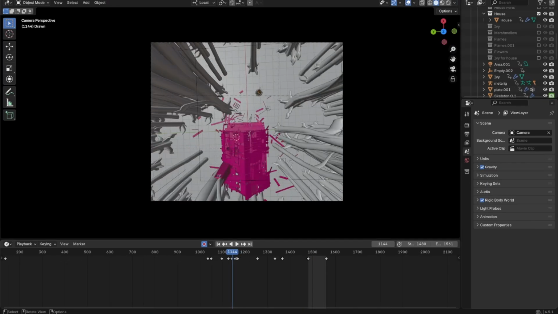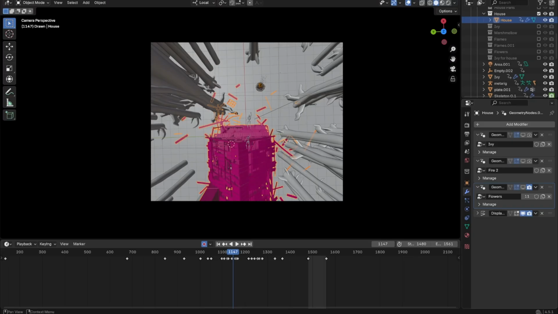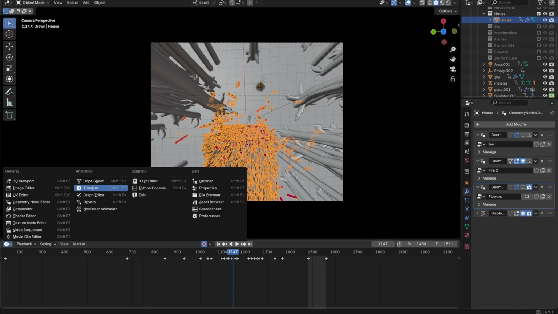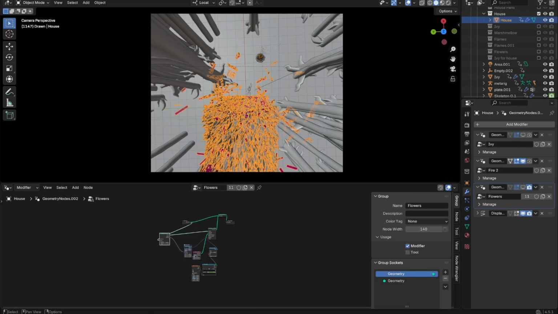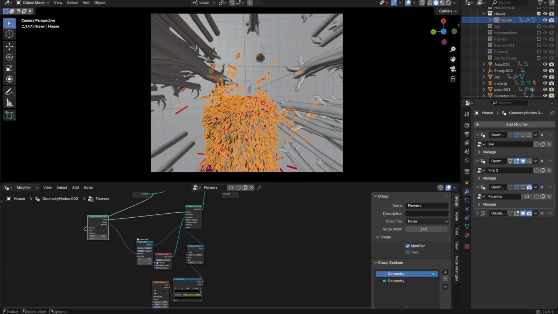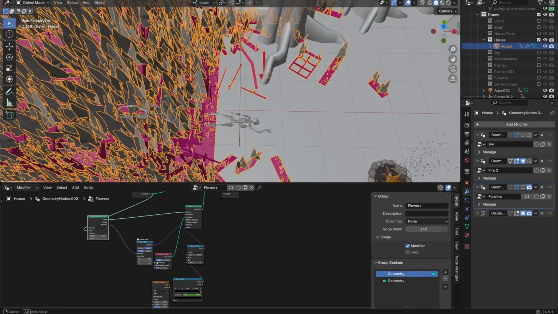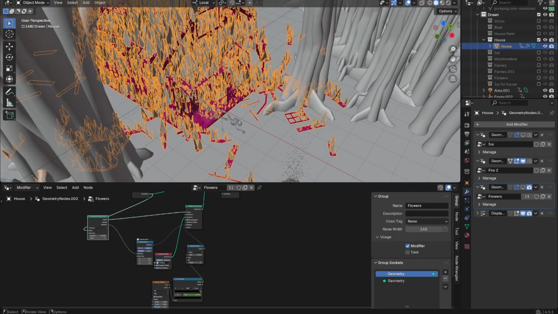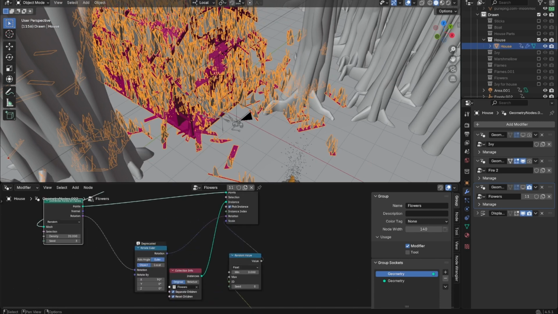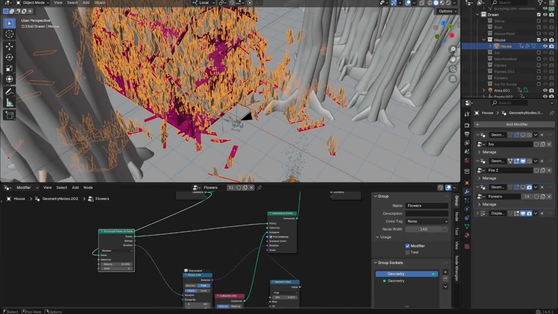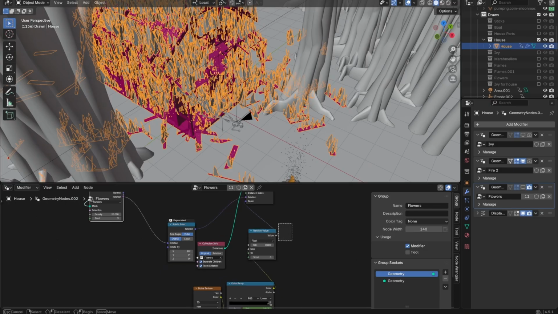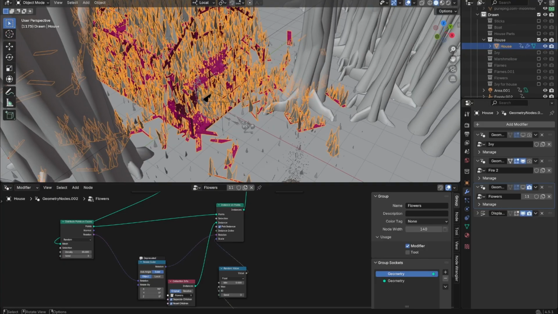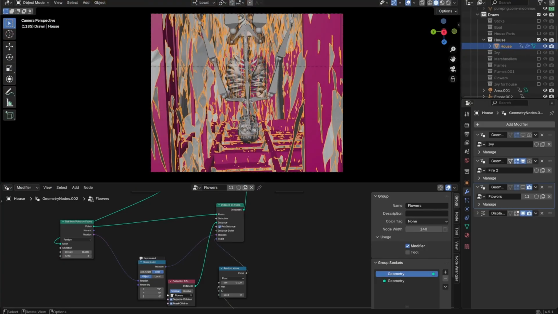For the fire and the ivy and stuff, I used geometry nodes. So you can see here it's kind of a simple geometry node setup, using the proximity of a cube, which I have, controlling where the fire is, and then I just kind of sample, distribute points on faces and then instance points, and then have the flames appear on those points. And it's kind of glitchy and all over the place, but